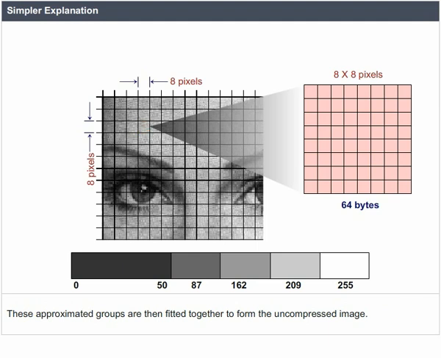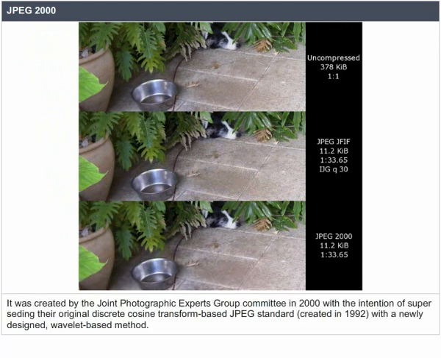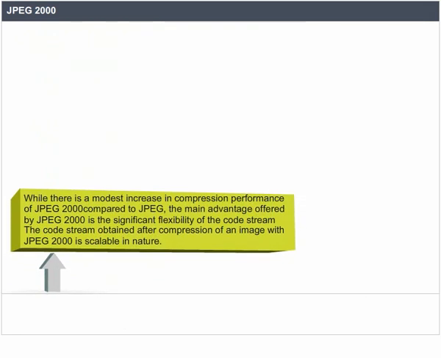JPEG 2000. JPEG 2000 is an image compression standard and coding system. It was created by the Joint Photographic Experts Group committee in 2000 with the intention of superseding their original discrete cosine transform-based JPEG standard created in 1992 with a newly designed wavelet-based method. While there is a modest increase in compression performance of JPEG 2000 compared to JPEG, the main advantage offered by